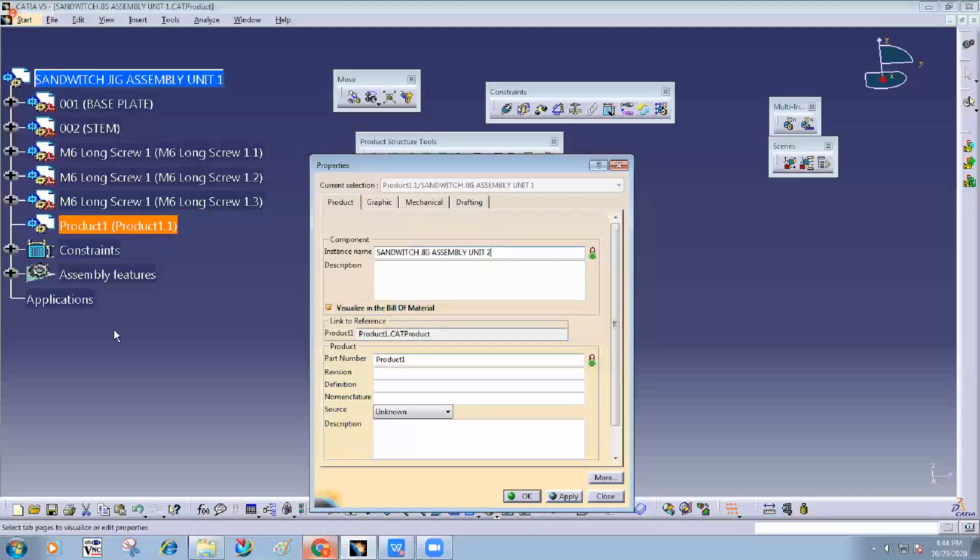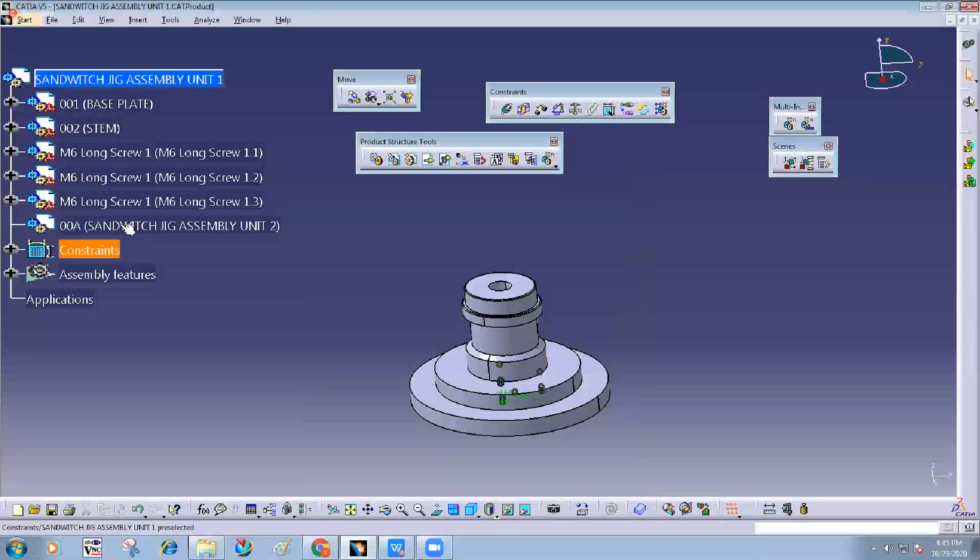And the part number is 00. You can say A because this is an assembly unit. It's not a part. This is the subassembly.